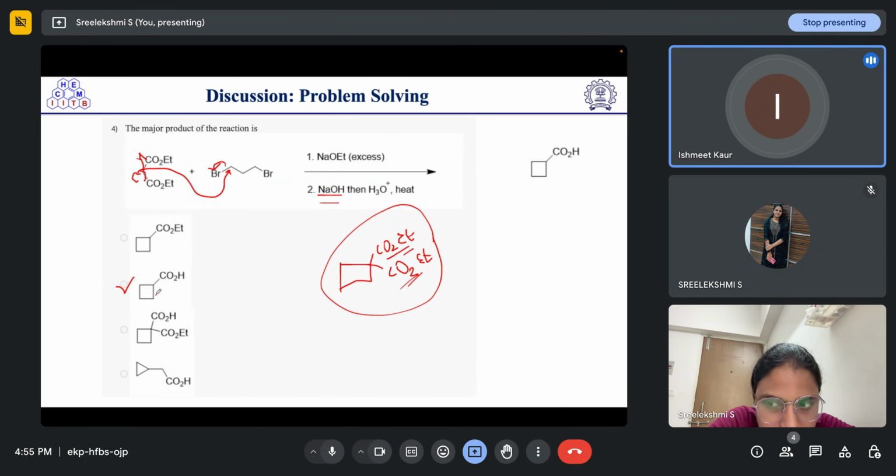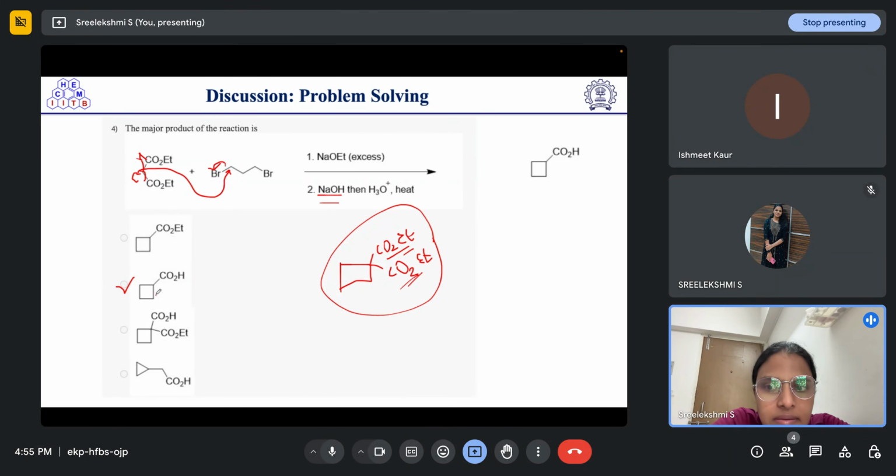Ma'am, in this reaction, why don't both of the carboxylic acids escape as CO2? It's possible, but we can control this reaction. When the dicarboxylic acid is at the same center, we can control the reaction and stop it at the stage where only one molecule is getting eliminated. And for both removals we need more harsh conditions, mild heating will not be sufficient